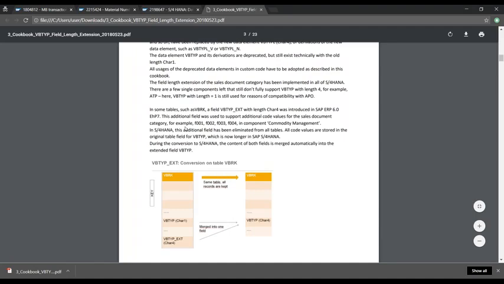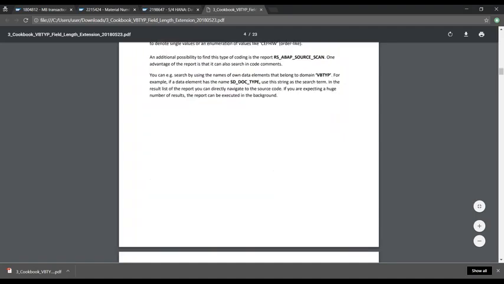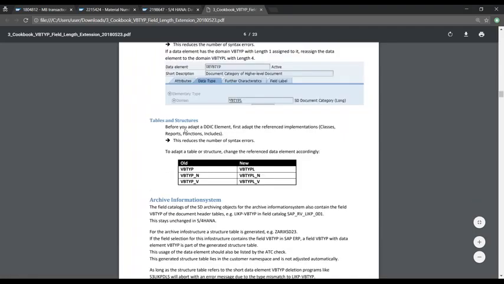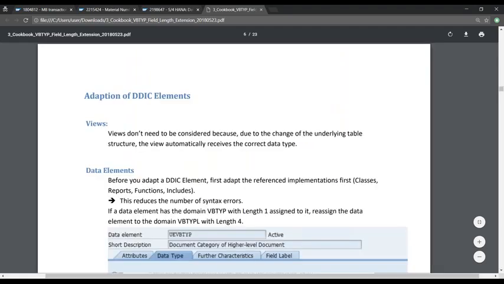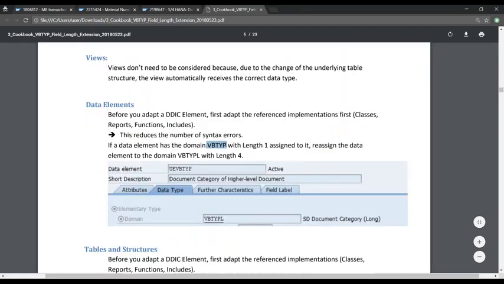So when I come down and just scroll down a little bit, you will find that yes, this is the change, guys. So you see this VBTYP length, which was of 1 character, is now being changed to VBTYPL. It has been replaced with VBTYPL with length of 4. Okay, and that's why, due to this incompatibility, your report is dumping.